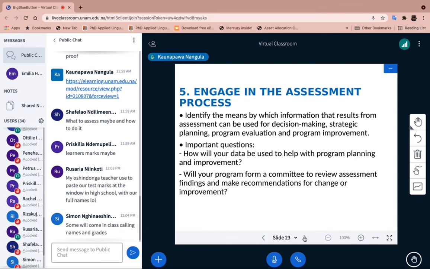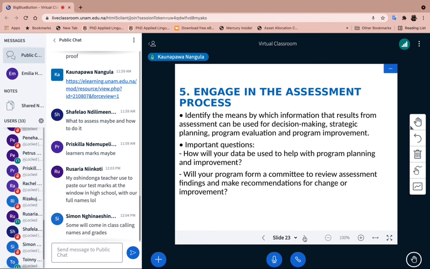Is the program up to standard? Is it really according to the goals that have been set by the ministry? How are the learners really performing? Is it really a good program? If not, how then do you improve the program? All right. And then important questions that you can ask: how will the data be used to help the program